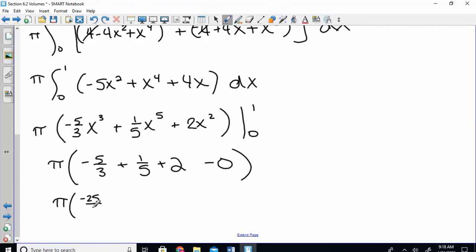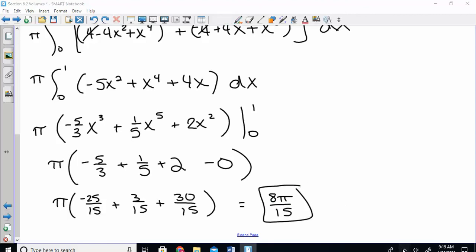So if I were trying to do this without a calculator, we could get a common denominator. So 8 pi over